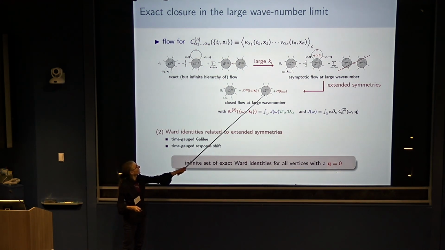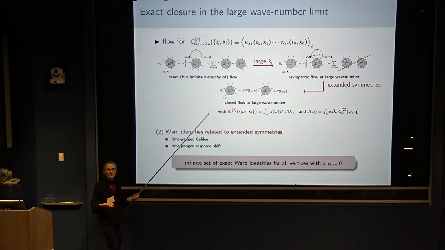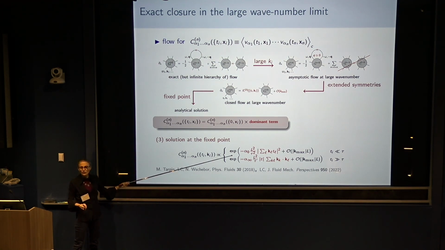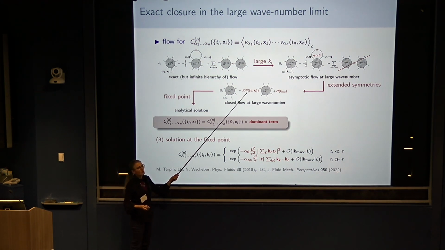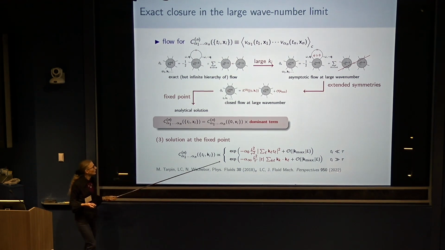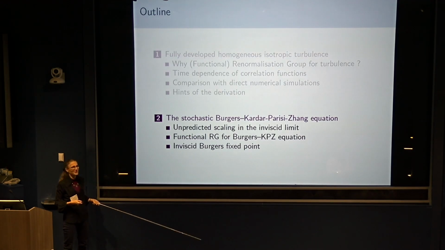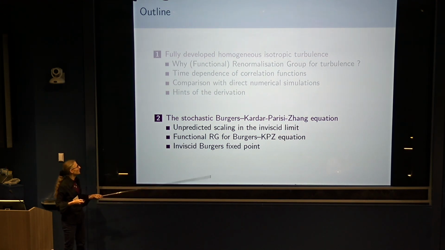And then you see under this form, the equation is linear. So at the fixed point, with some algebra, you can solve it. And this is the result you obtain that I've shown you earlier. And in fact, these coefficients alpha here are just related to this kernel here. And they are the same for any n-point function. OK? So I'm done with the derivation. So now you can wake up, those who fell asleep.